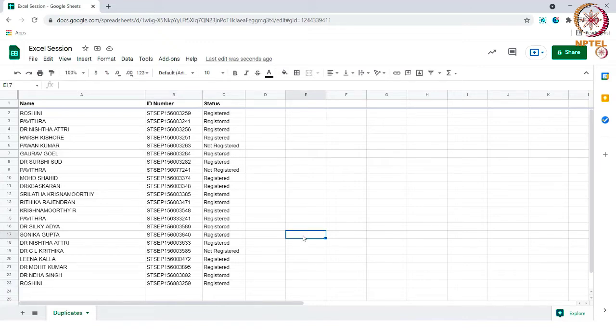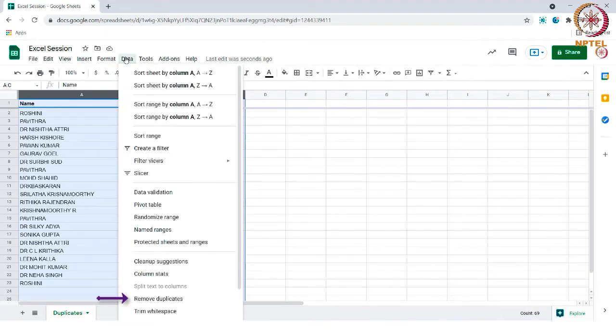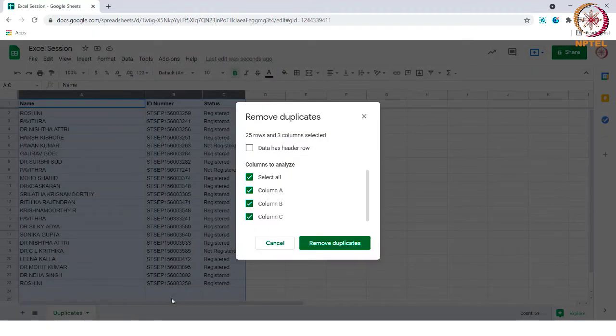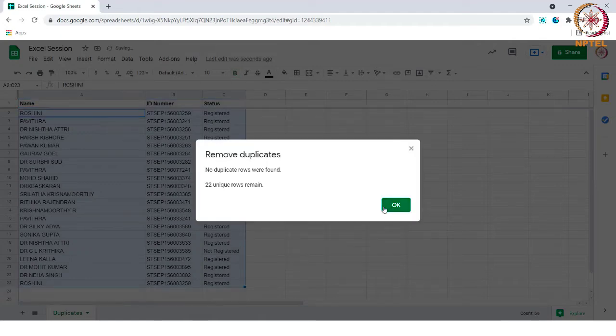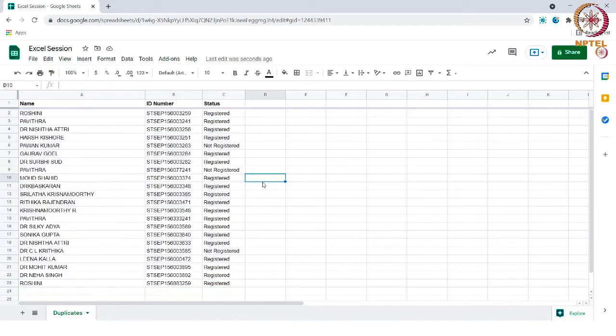And again go to Data, choose Remove Duplicates and select Remove Duplicates. You can see they have not been deleted. This is because only if the same details are available, it will be deleted. If there are different details, it will not be removed.